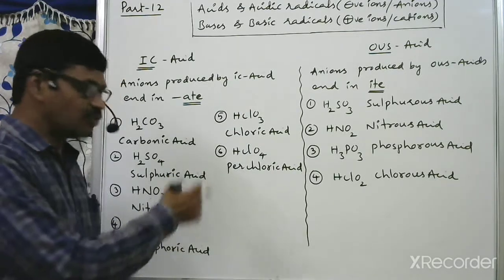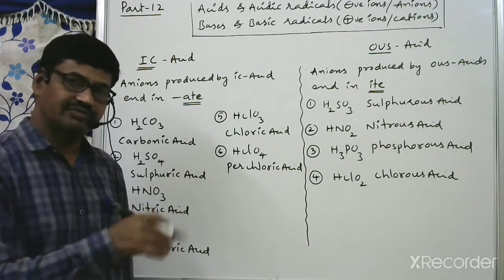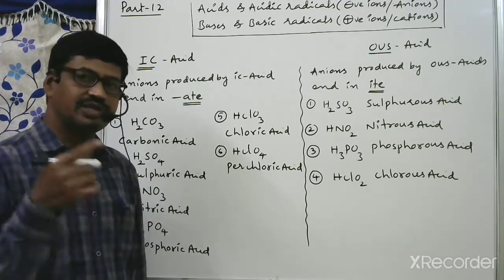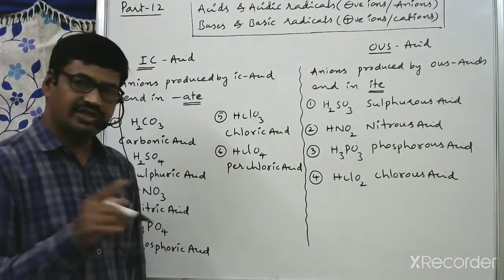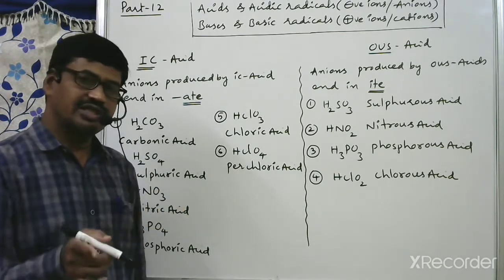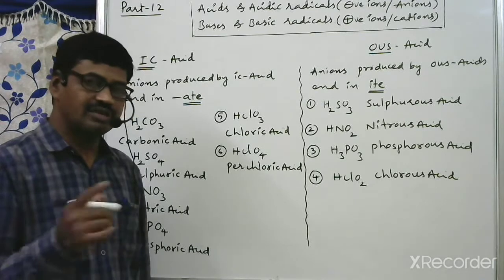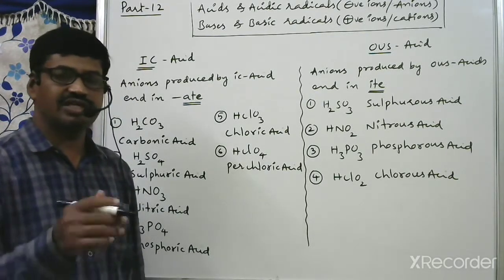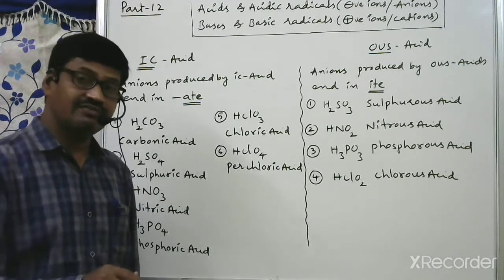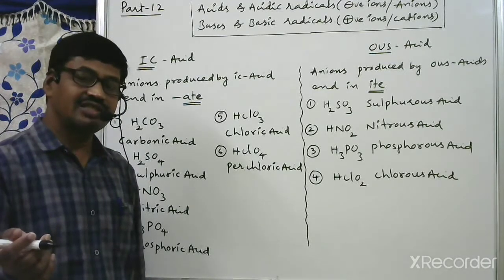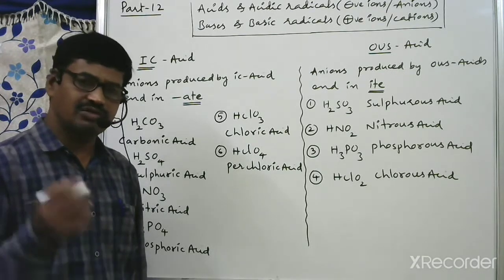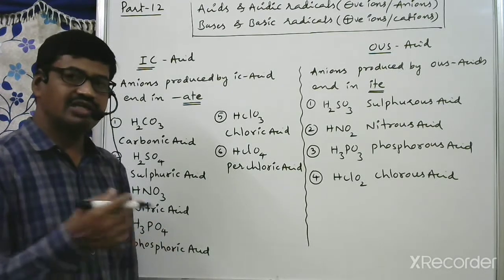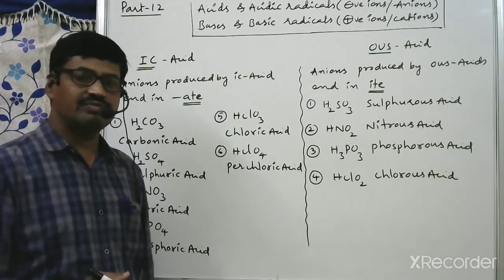You can write on the board by using the crisscross method. If you practice this, then if anybody pronounces any particular salt name, immediately we can take the charges or valences, the combining capacity of those positive and negative ions. By crisscrossing those valences, we can immediately write the formula. After writing the formula, one more important thing is getting the molecular mass. The molecular mass concept is also very important. Without knowing how to write the formula, it is not at all possible to get the molecular mass.